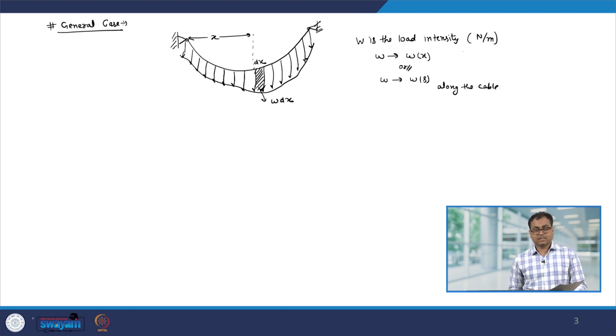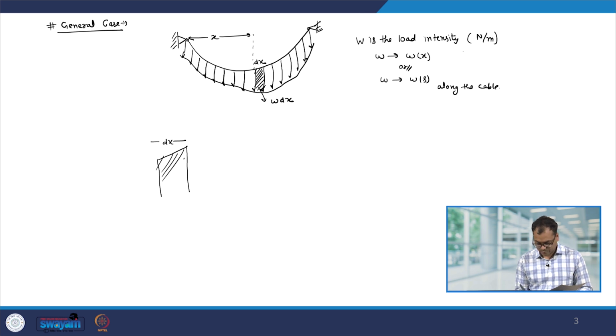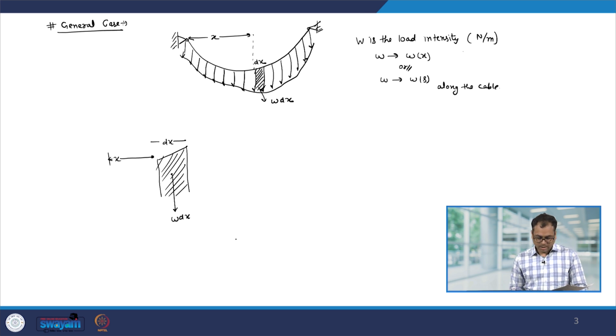So, to analyze this cable, let us zoom in on this part. So, we have this part, its weight is w dx, and from the origin it is at a distance x,